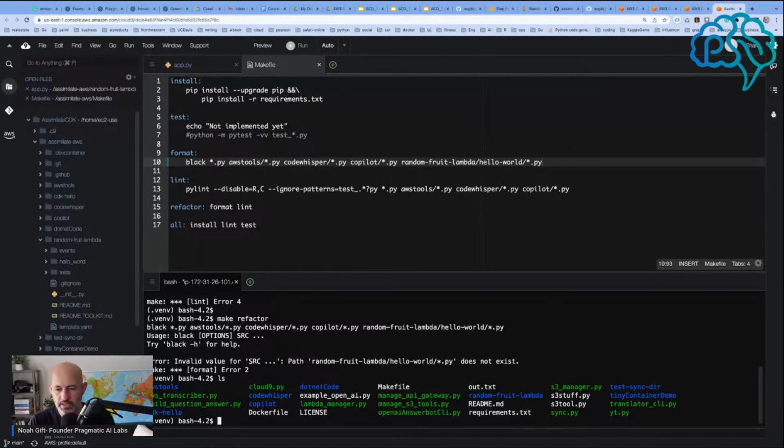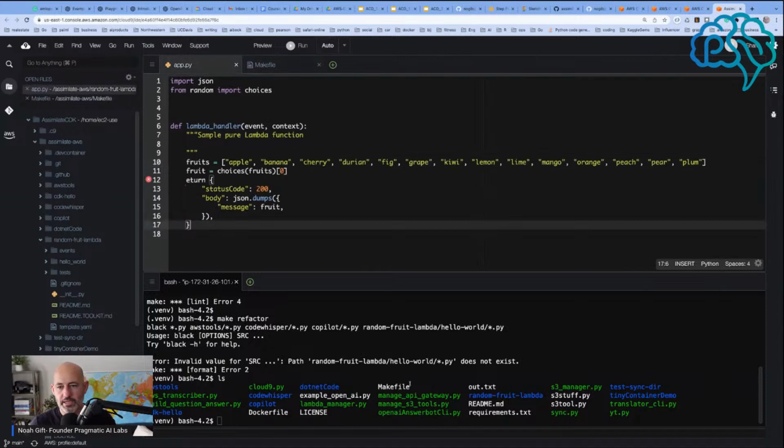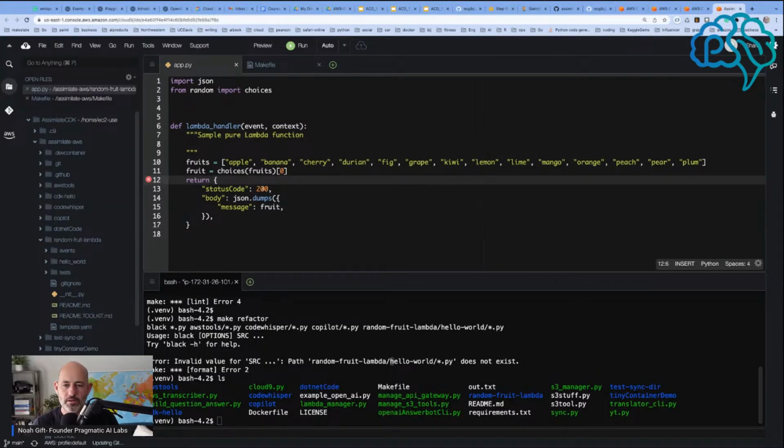Not sure why that's not showing up here, but I'll skip this for now because it's not super vital. In fact, I can even do a black command manually if I needed to. But basically, we have return, we have this, and now to invoke it, I should be able to invoke it